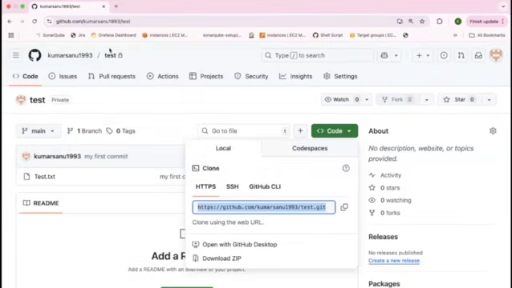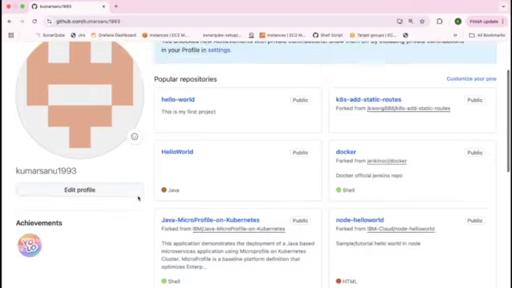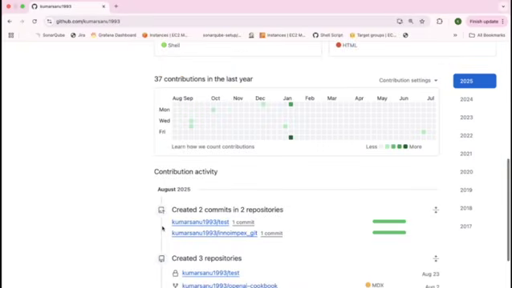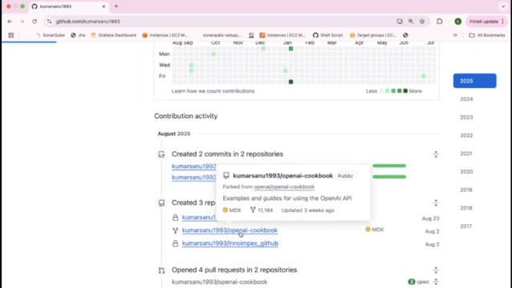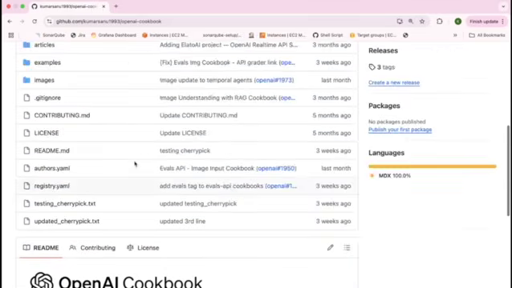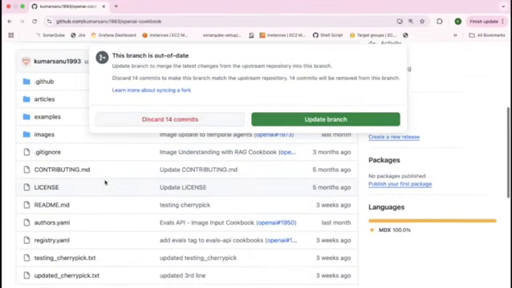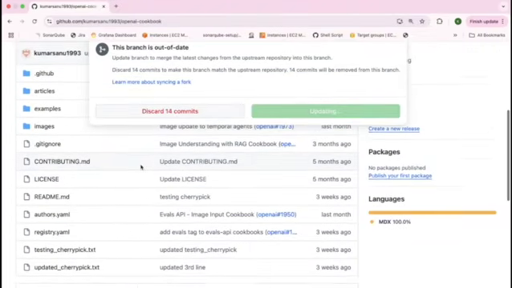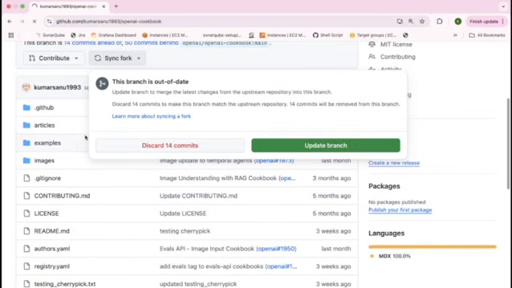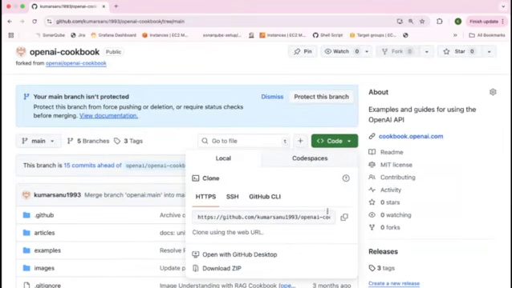Let's say in this centralized GitHub I have a lot of things, for example the OpenAI cookbook repository, which has a lot of code. I want all this code in my local instead of on the centralized server.